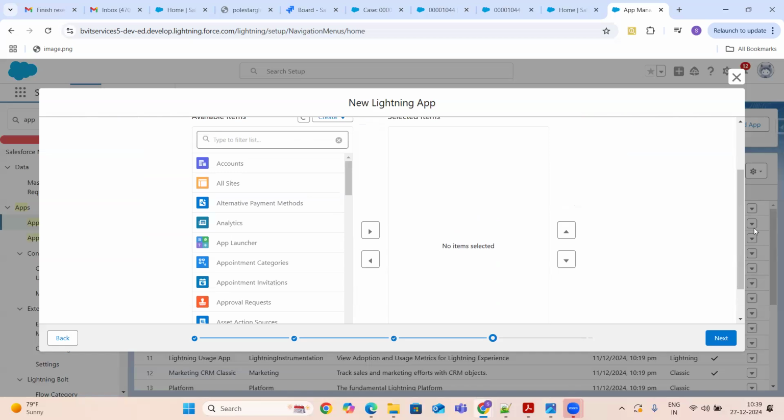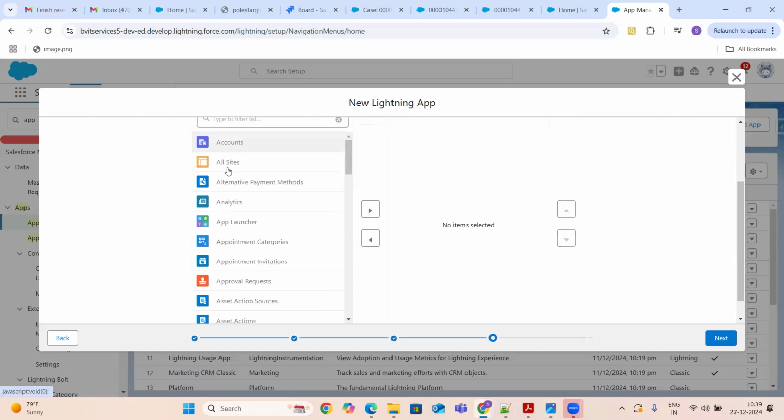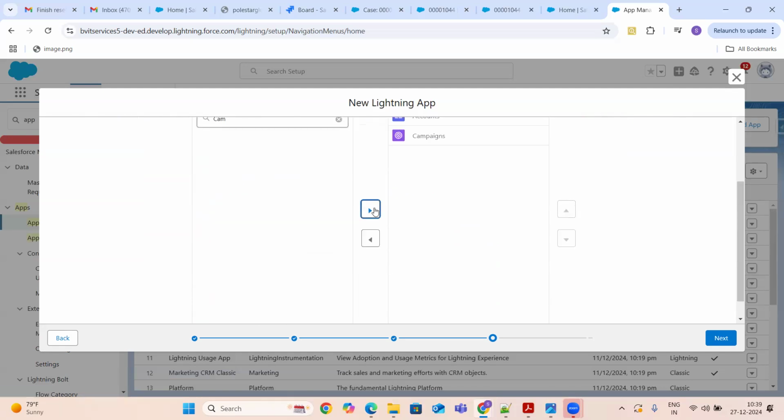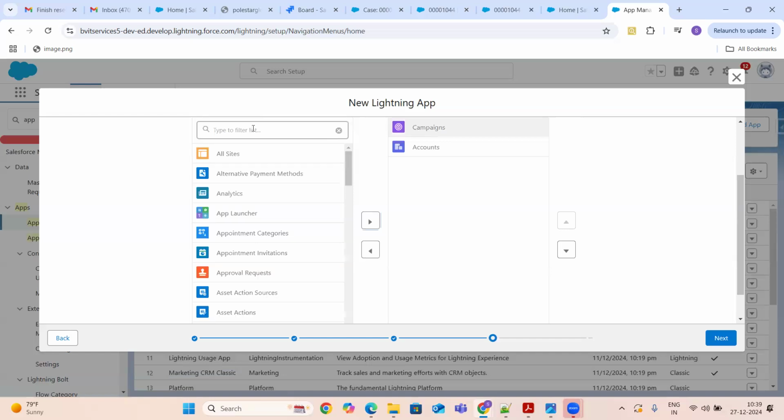And the next thing is what are the objects that you would like to see in your application. We will add all the objects that we discussed. We'll start with campaigns. And the next object that I need is lead.